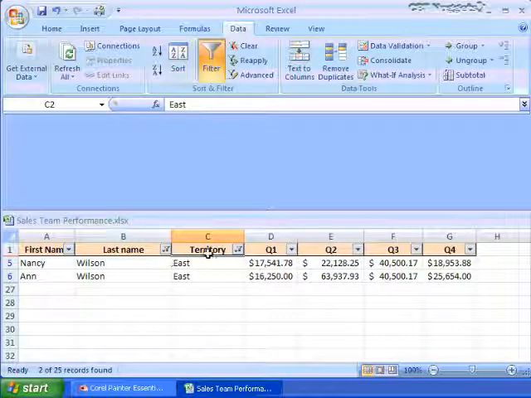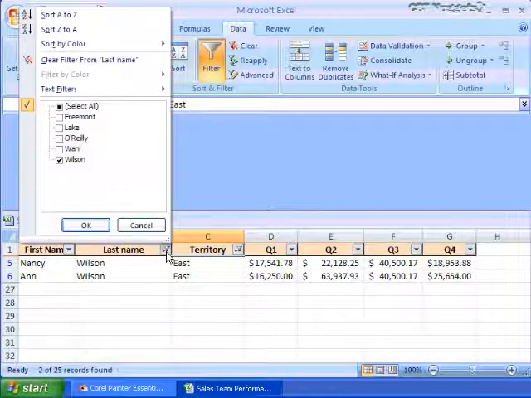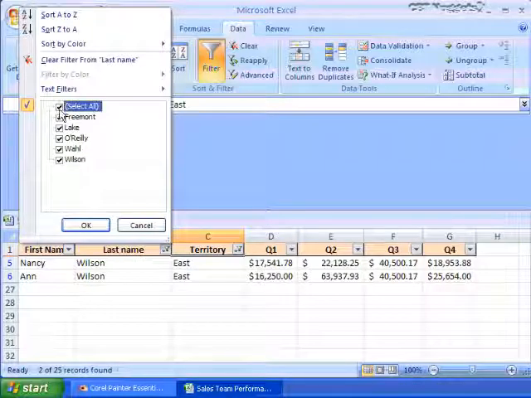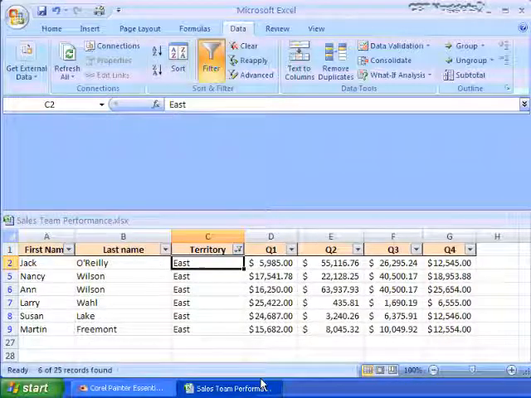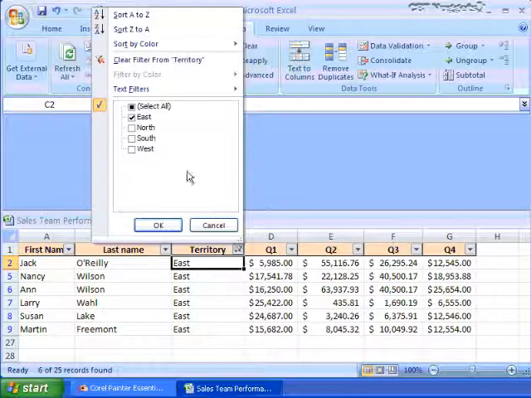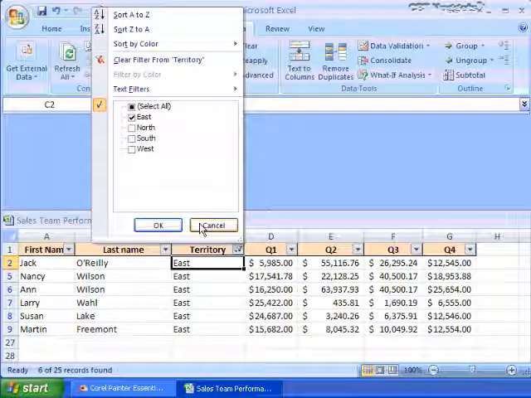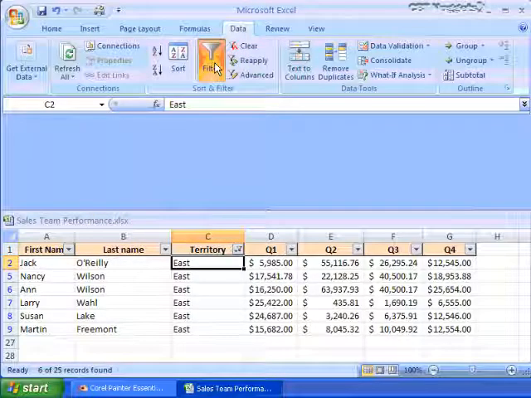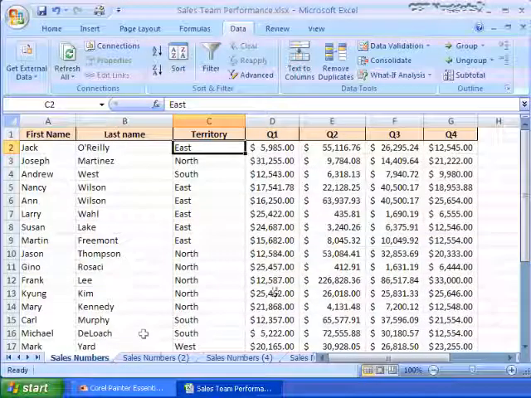And I can tell here that I have a filter. If I click on this button again, I can choose Select All. Now I'm back to these. And then I could go back to this and choose Select All. Or I could choose Clear Filter from Territory. Or I could just click this button. I'm back to seeing